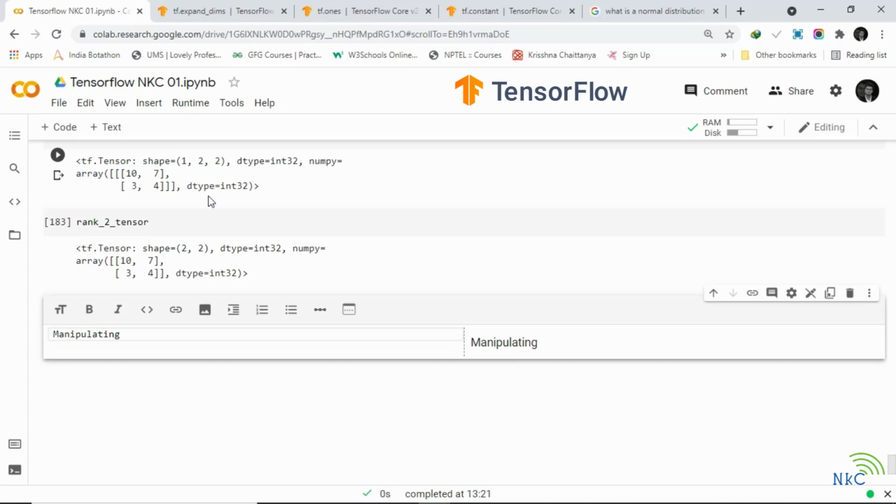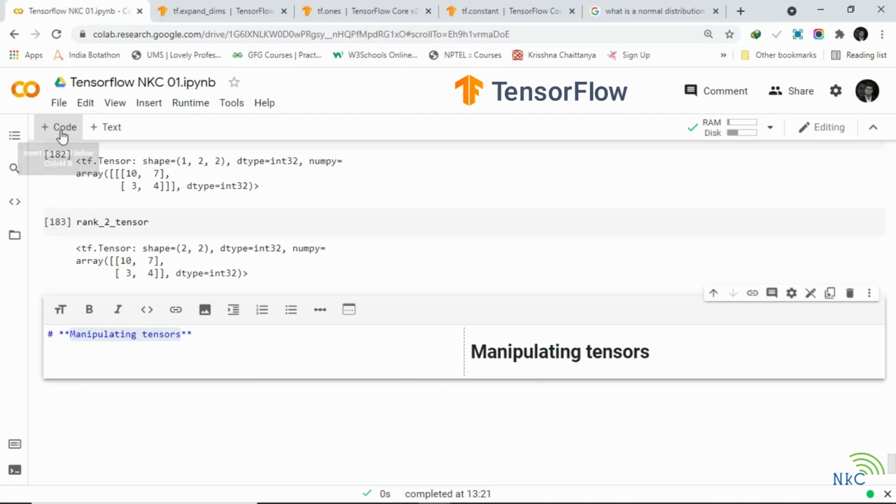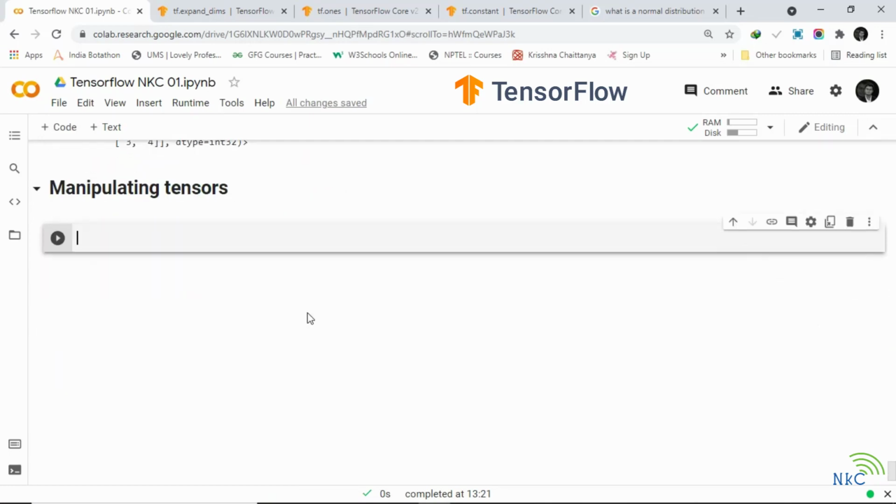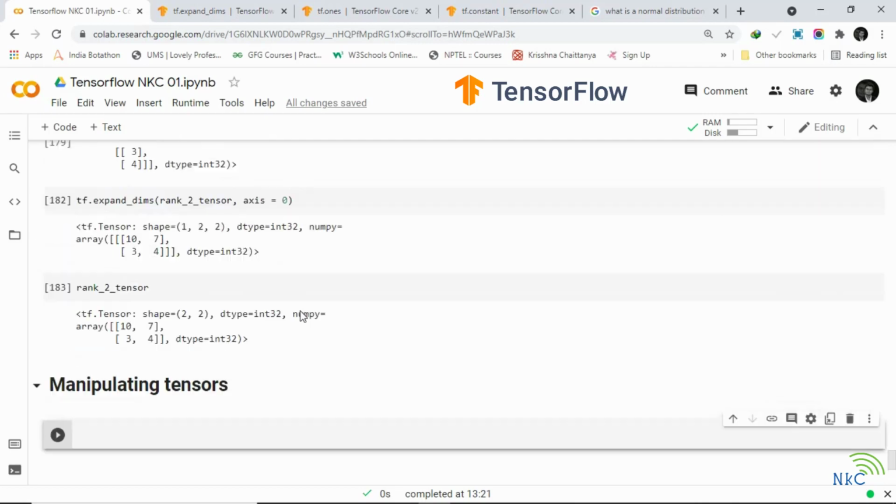So if we do have elements within our tensors, how do we manipulate those and how do we combine them in different ways? So go back through, practice expanding the dimensions of tensors, practice getting different attributes from tensors that you have created. And then in the next video, we will see what kind of tensor operations we can work with.